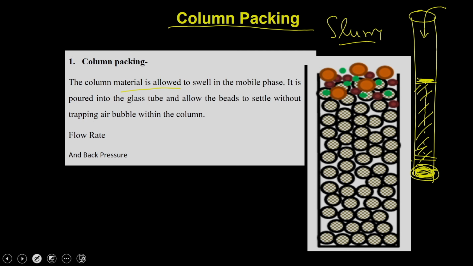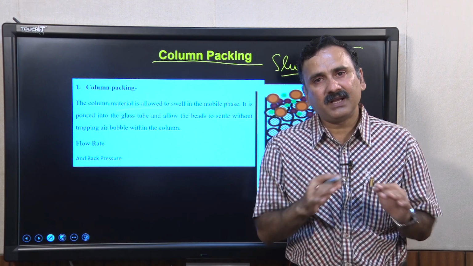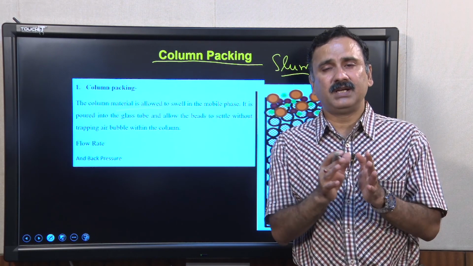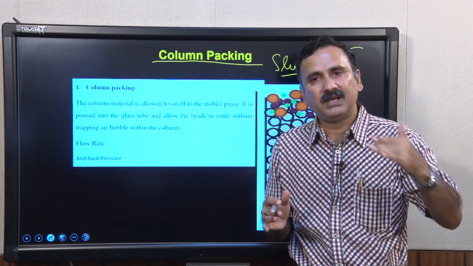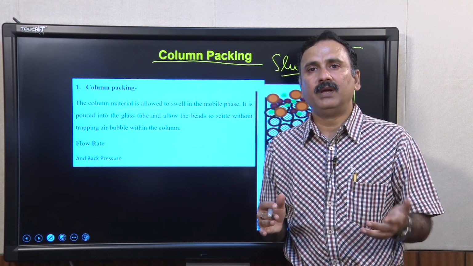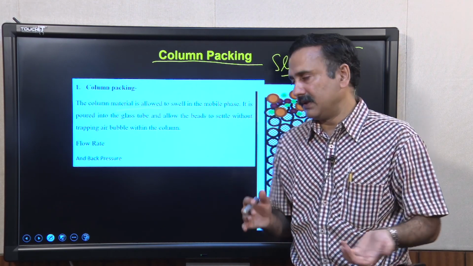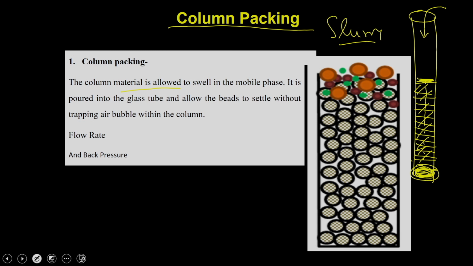will start settling down from the bottom, and that is how it is going to start forming the continuous column like this, where all the beads are going to be arranged. And this arrangement has to be homogeneous, there should be no breaking or discontinuity, because if there is a discontinuity, it is going to hamper the running of the samples. Ultimately the whole column is going to be filled with these beads, and your gel filtration column is going to be ready.